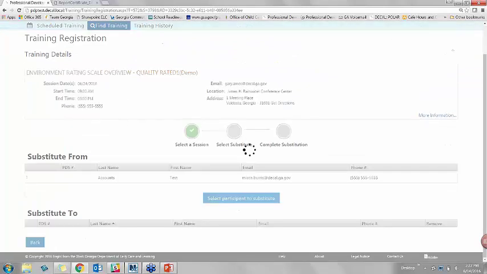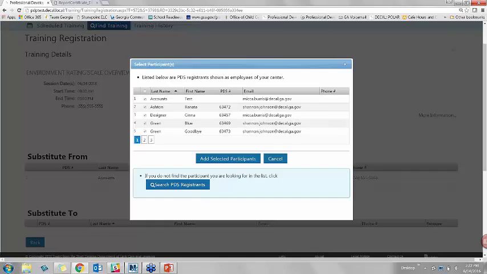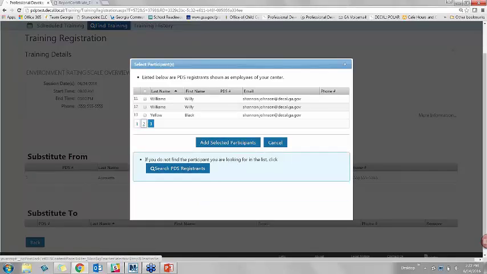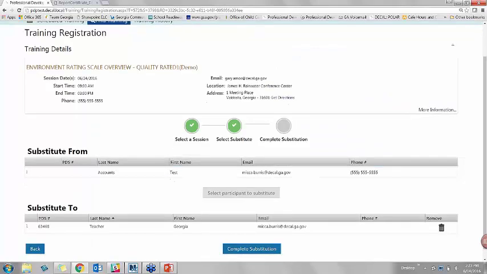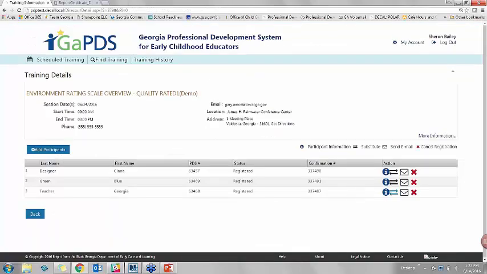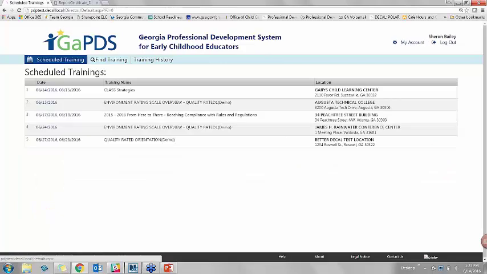Test substitute. And once again, it's not going to allow you to try and substitute staff who are already registered. We're going to substitute this one for Georgia teacher. Georgia teacher is now enrolled. And again, you can create a new